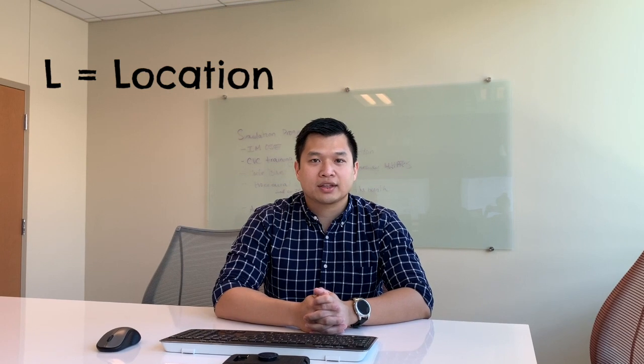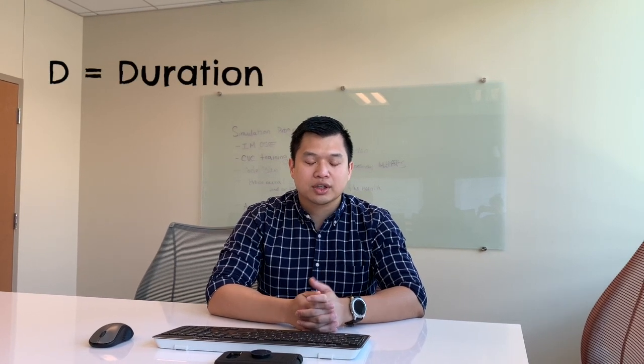Is it in the upper back? Is it in the mid back? Or most commonly, usually, is it in the low back? D is duration, and C is character. Is it a burning sensation? Is it a stabbing sensation? Does it radiate? Often you'll hear that it radiates like an electricity bolt down the leg. How far down does it go? Is it to the buttocks? Is it to the knee? Or is it all the way down to the toes?